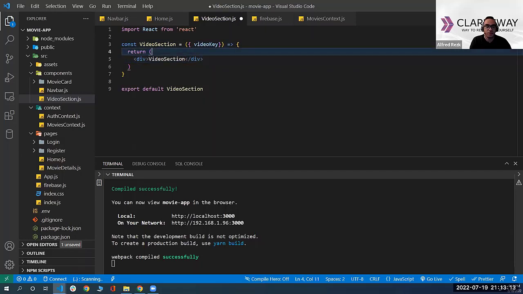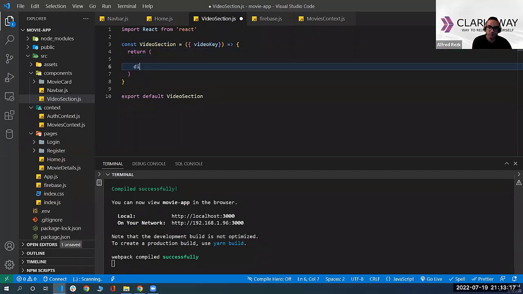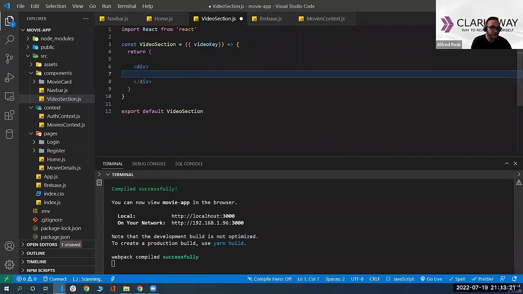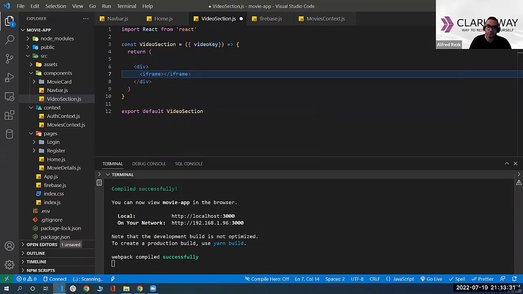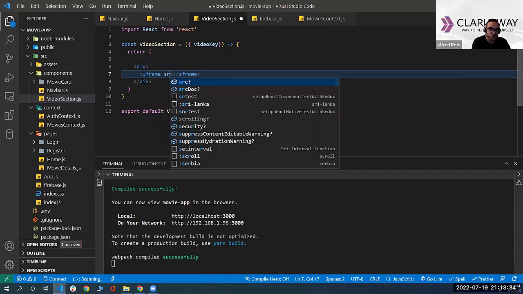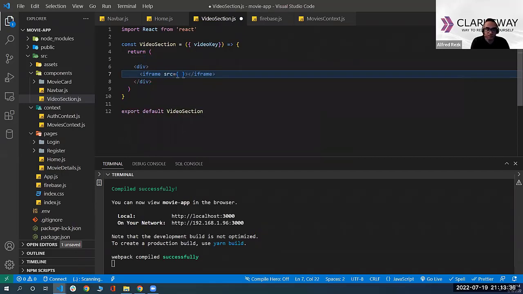And technically, all this component will do is just have a div. And inside this div, I'm going to use an iframe to create an embedded video, or embedding from YouTube to my page. You have to use an iframe, where the source is going to be equal